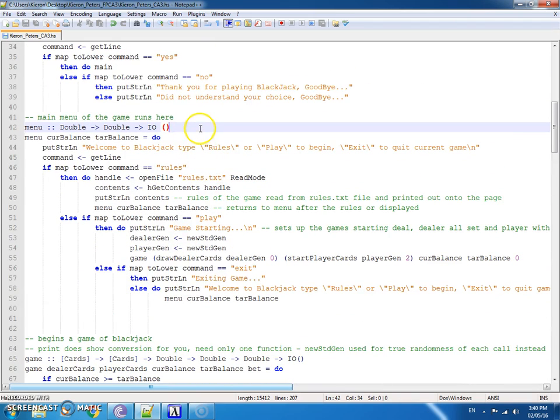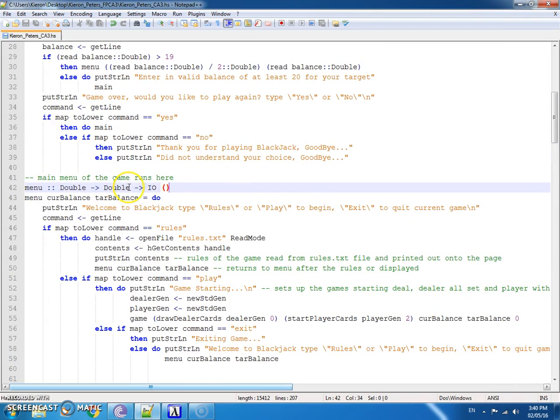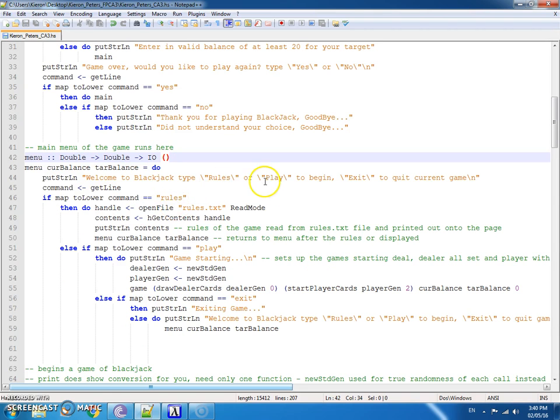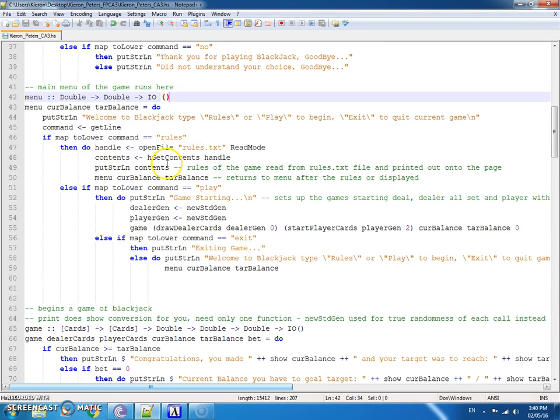Okay, so in the menu, we're finally in the menu, and I have the doubles and the IO. So I have the current and the target balance passed in here. This is just so I can pass them again, and it says welcome to BlackJack with rules, play and begin. So you have to choose one of those. If you don't, you get put back into the menu with the same values. Otherwise you get to start the game